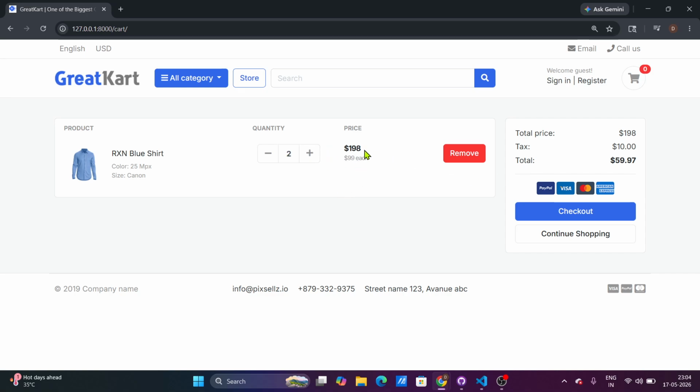Okay, so in this video we will make this minus button clickable. Also this tax and total should be updated along with this price and quantity. Also this remove button should be clickable so it can remove this particular item. So let's first make this tax and total